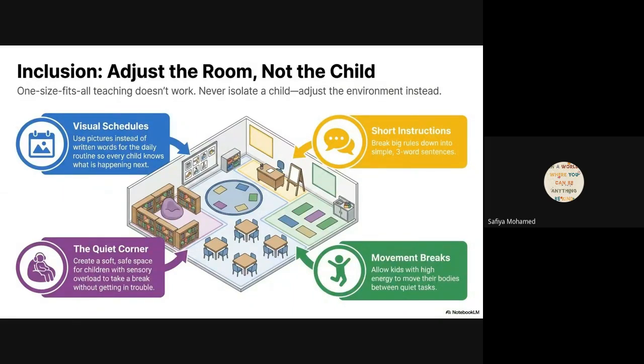All right. And then we speak about movement breaks. We say allow kids with high energy to move their bodies between quiet tasks. I just made an example of that earlier when I said, you see they're tired, ask everybody to stand up, let them stand on their tippy toes, and let them make stars by flicking their hands open and close, and by doing movements with their bodies. Touch your knees, touch your toes, put your hands up, down, sideways.